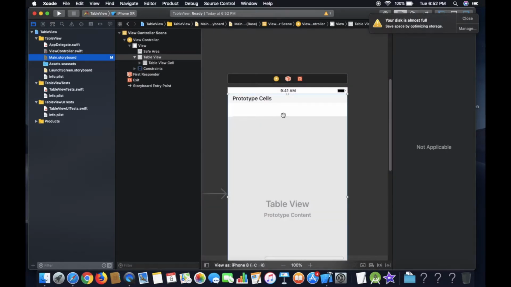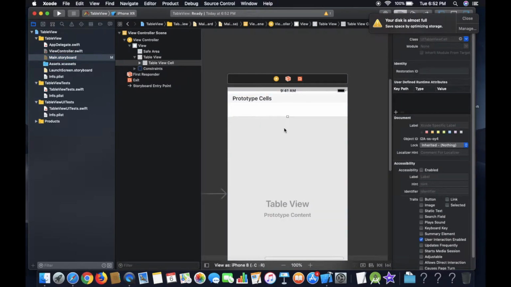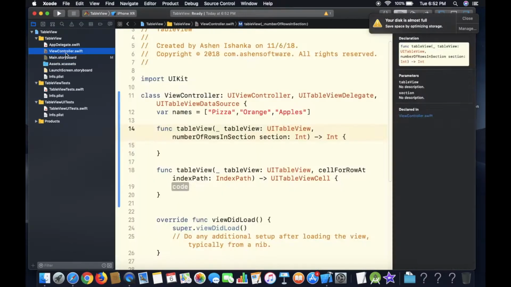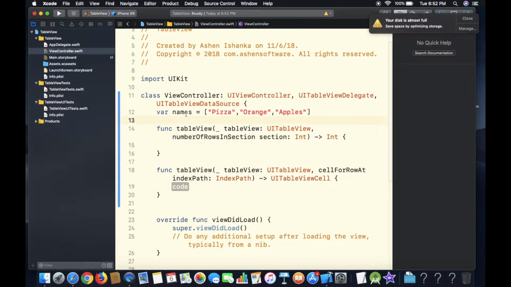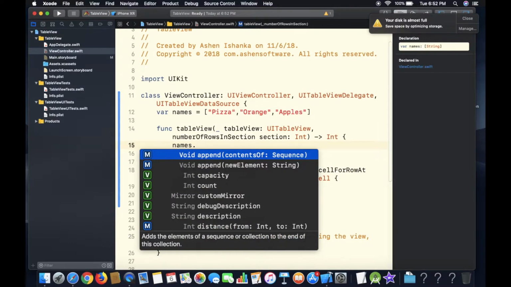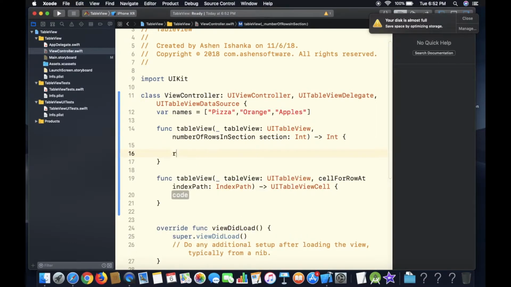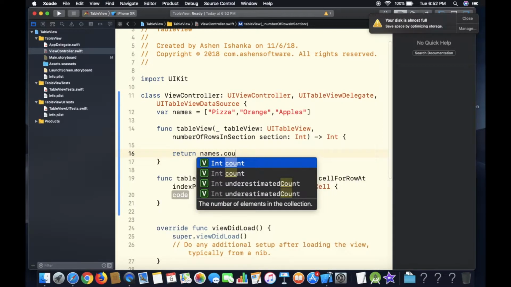how many rows should be created in this table view. So I'm going to give this array items count, names dot, sorry, we should type return here and names dot count. Okay,